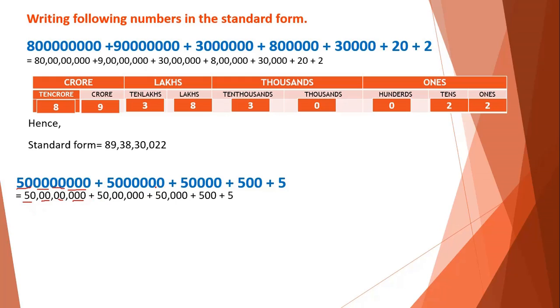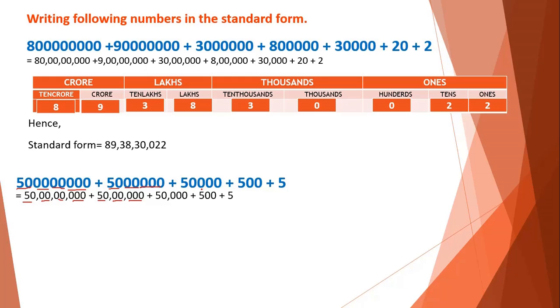Now we'll go to the next number. These 3 digits will come in ones period. We wrote 3 zeros in ones period and we put a comma. 2 digits will come in thousands, 0 0 again in the thousand. Last 50 will come in the lakhs. I wrote 50 in the lakhs, including the commas.